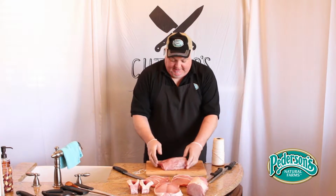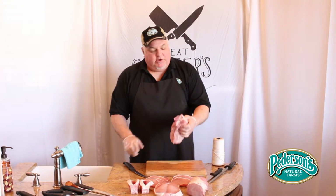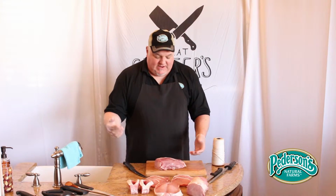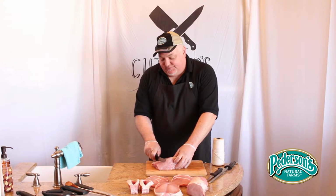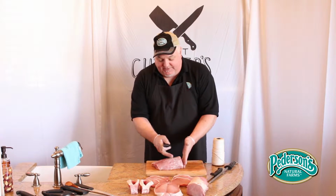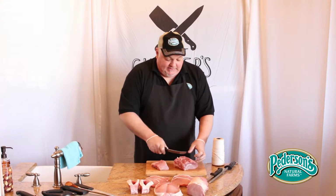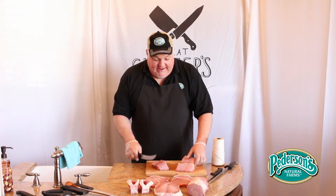Now what we're going to do here is make boneless country style ribs. Again, for the grill, just like cooking the pork chops, you can put them in the oven, you can saute them. There are all kinds of different ways you can cook this. And what I'm going to do is leave this little bit of end here for some stew, and then I'm going to use this piece here for boneless country style. So I'll go about 3 or 4 inches down, cut through,